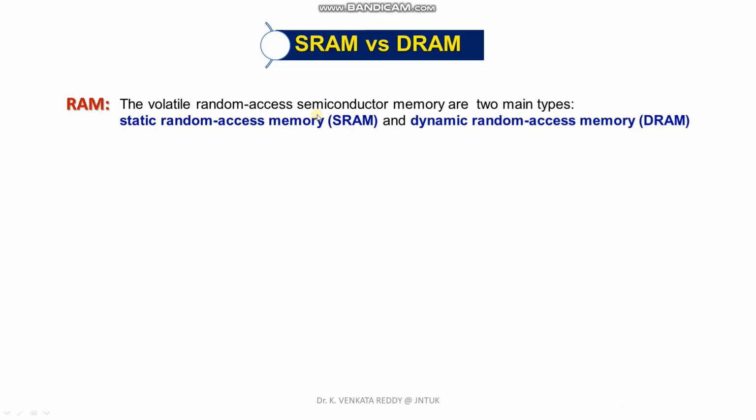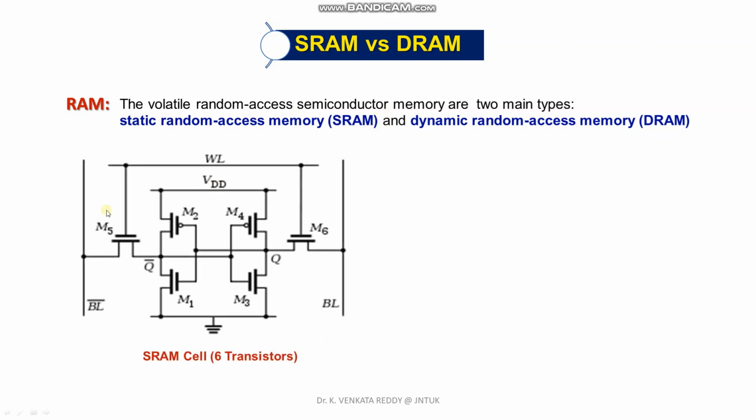Now let us see what is a static RAM and what is a dynamic RAM. The RAMs are basically volatile memories, which means when the power is switched off, these RAMs lose their information. The static random access memories are made up of flip-flops. Basically, they need 6 transistors to construct a flip-flop. If the flip-flop is in the 0 state, it stores 0. If the flip-flop is in the 1 state, it stores 1